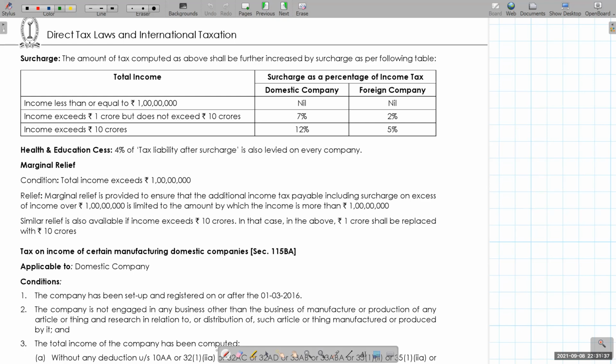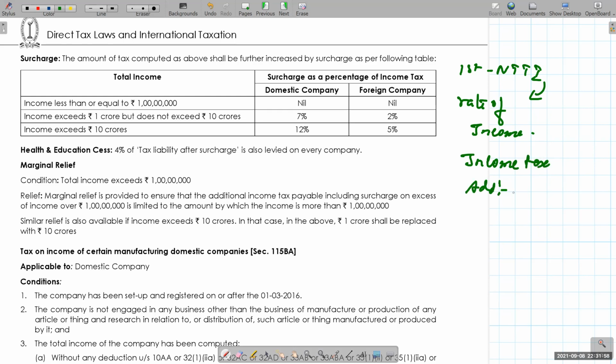First, you calculate the net taxable total income. On the total income you apply the rate of income tax, and find the income tax payable. In that you have to add surcharge. When will surcharge be applicable? If the income